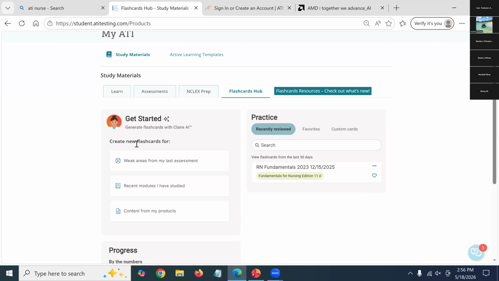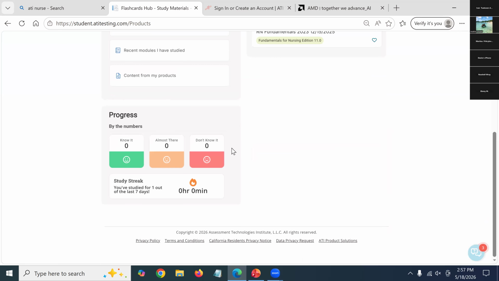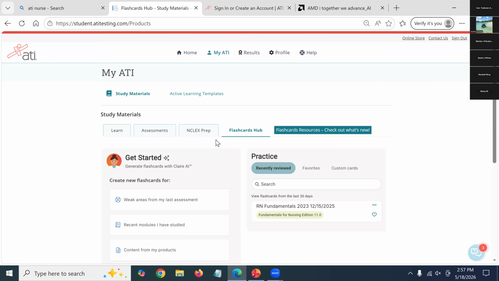Yeah, this is very good. Weak areas for my last assessment, recent modules I have studied, things like that. She'll give you flashcards and you could do them. I promise you, very helpful. Okay. Now then,